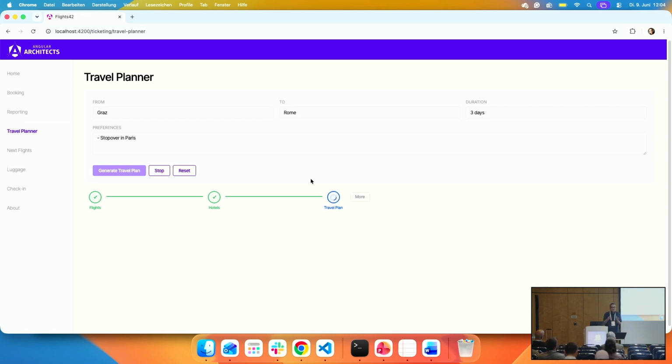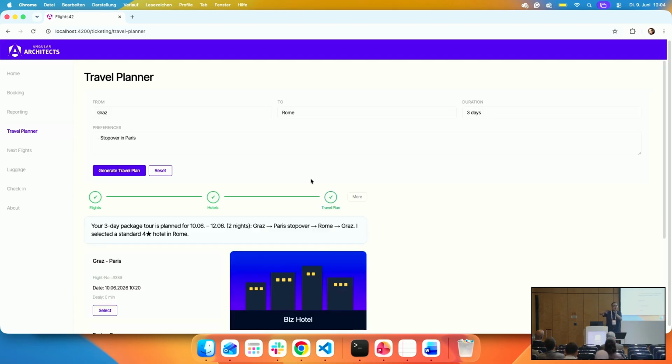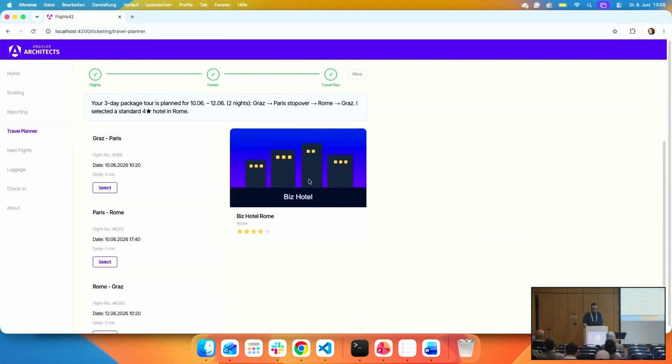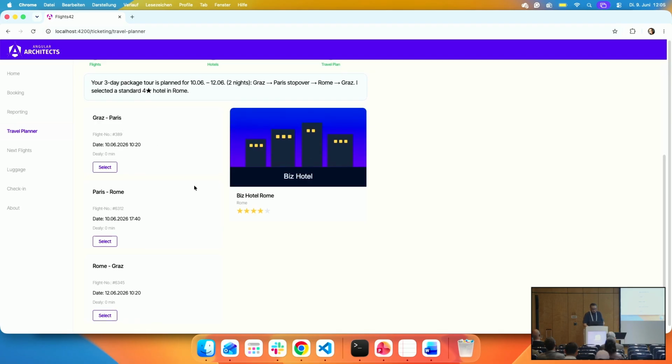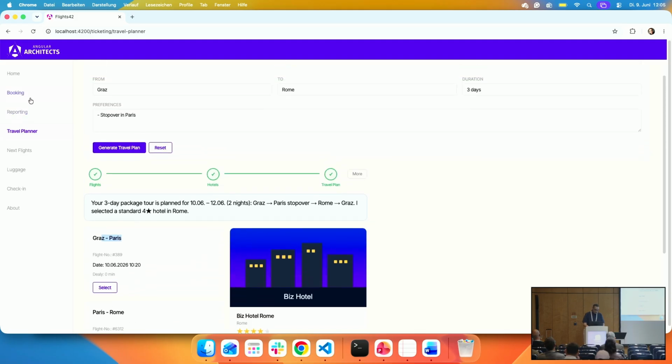Then it only can do things you have foreseen. Or you can delegate more work to the AI, then it takes a bit longer, but also a bit more flexible in terms of the results it comes up with. And yeah, here we have some results with a stopover in Paris. Okay, cool.